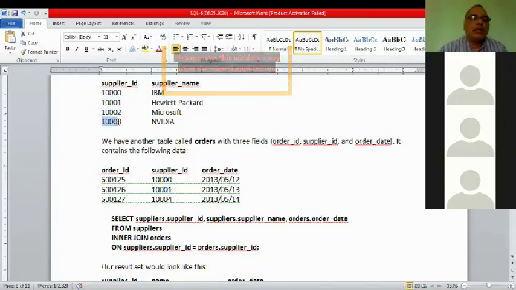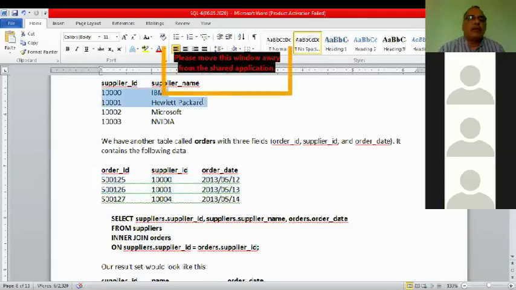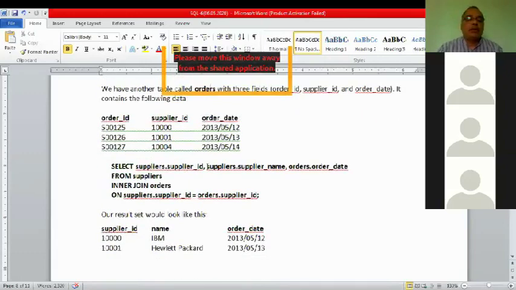These two are not available here, and this one is available here but not there. So the common values are these: two records from the supplier table and two records from the orders table. So the output is this.